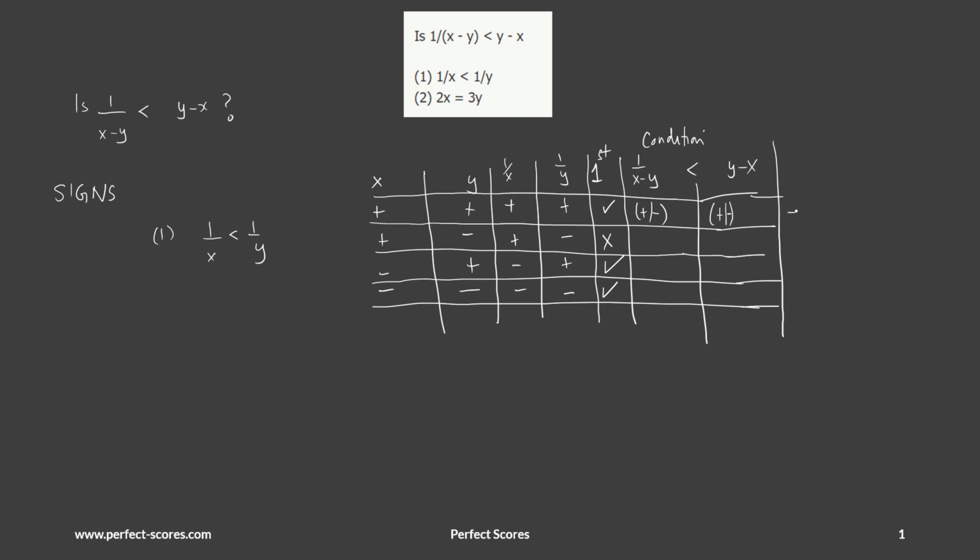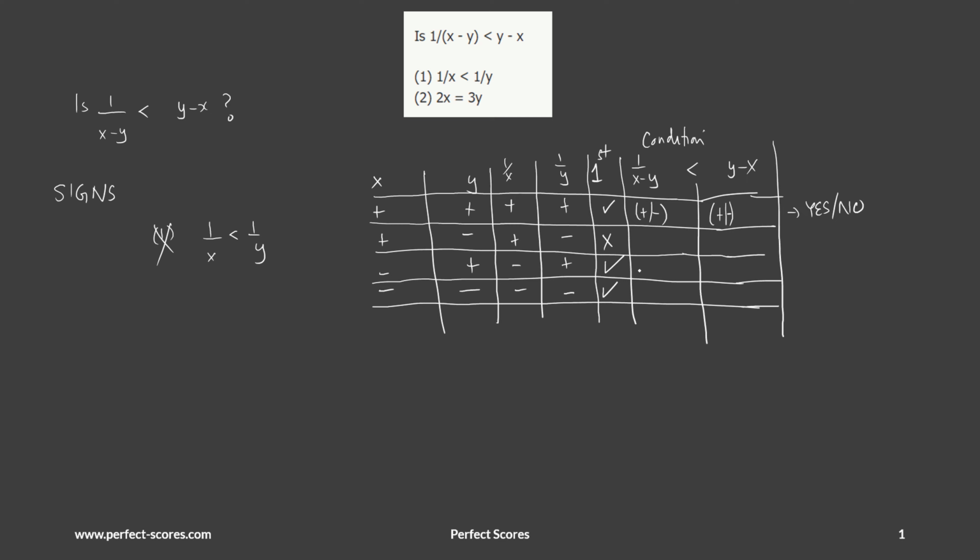So I can get a yes as well as a no in this statement, depending upon the numbers I input, which means this statement is insufficient. I don't even need to go further. So this statement is clearly insufficient. Let's just fill out the table because I'm pretty sure that this is going to help me going forward in the question.